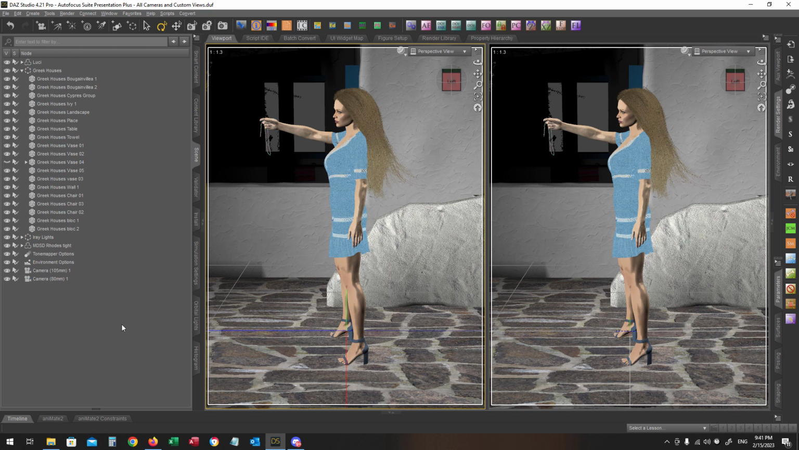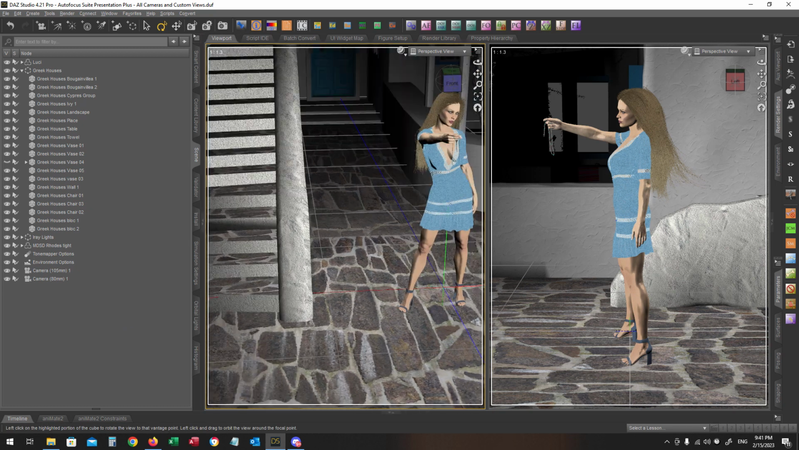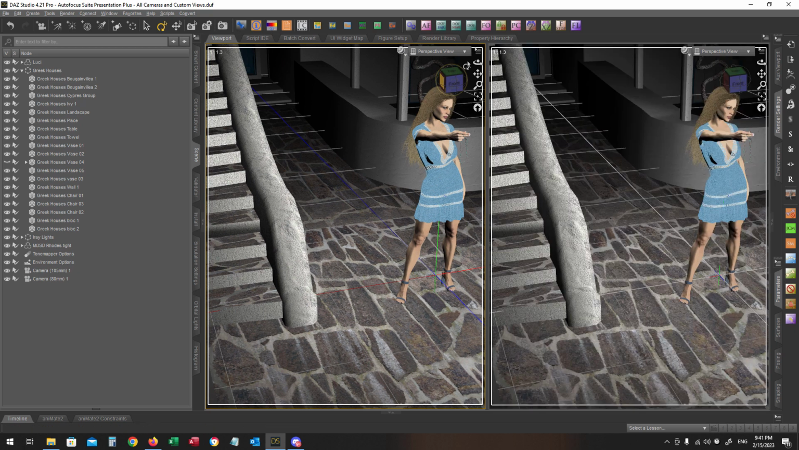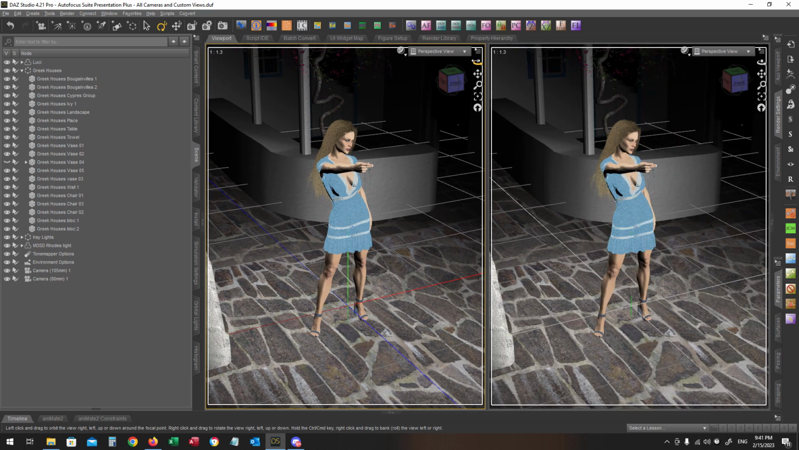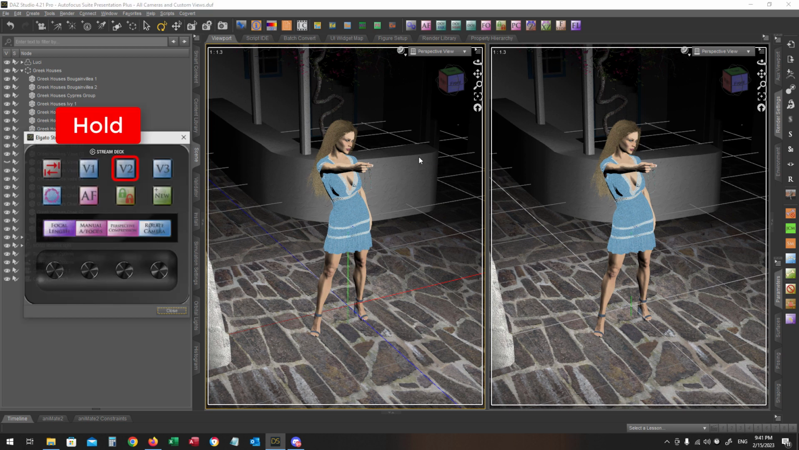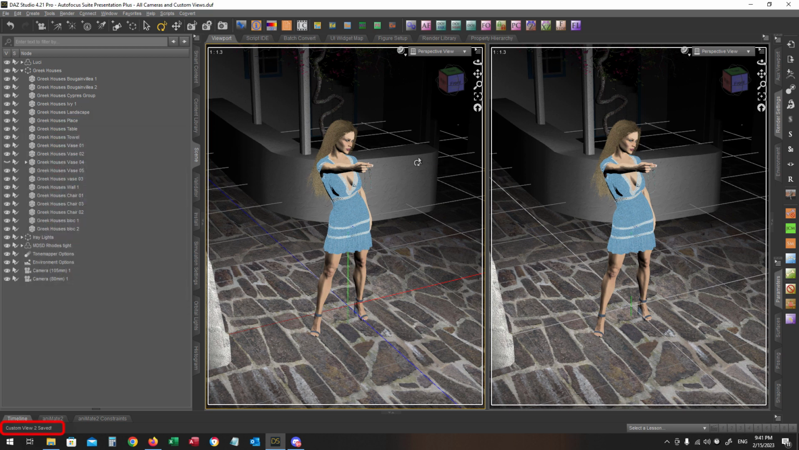If I press and hold the V1 key now, you will see in the status bar that custom view 1 is saved. I can move into another location, let's say somewhere here, and let's say that over here I want to save a custom view 2 camera. I'm pressing and holding the V2 key, and again in the status bar you can see that